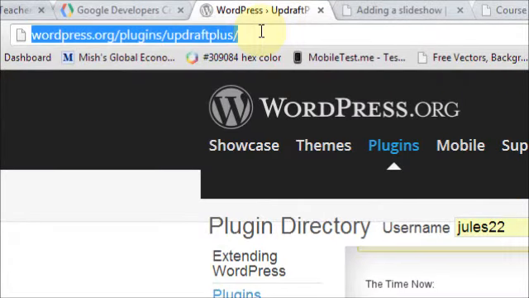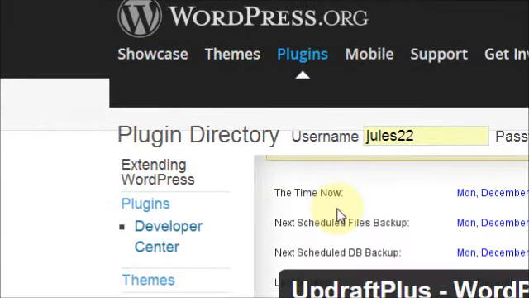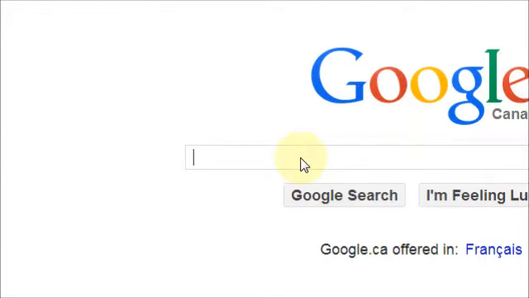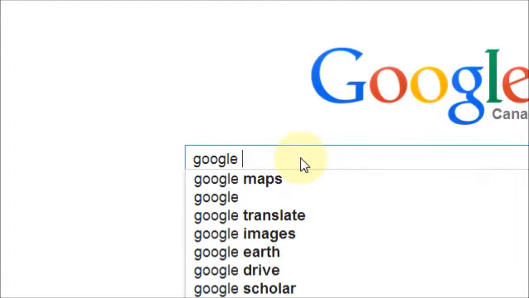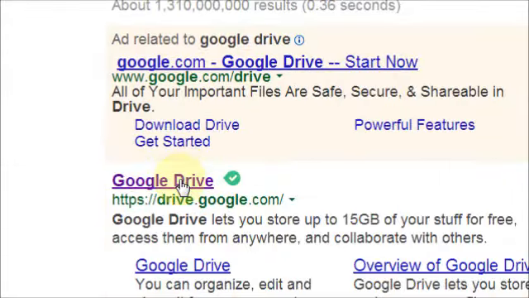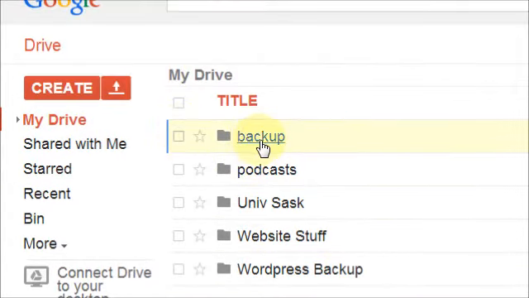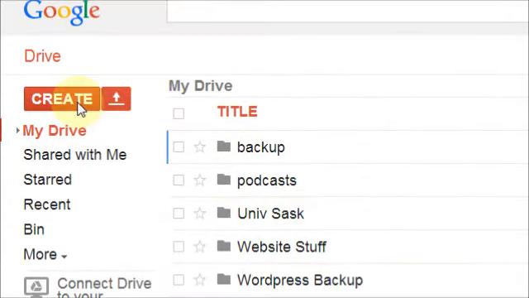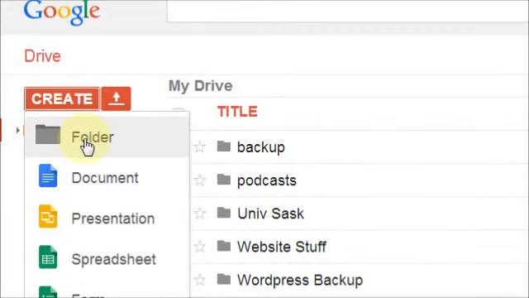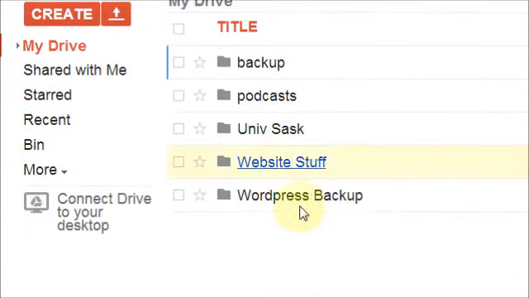So I'm just going to go to Google and Google Drive. And if you're not already logged in, you'll have to log in and go to Google, click on Google Drive, and you can create another folder. So you can just go to Create and choose Folder if you want to create a specific folder to save your backup. I already created one here,